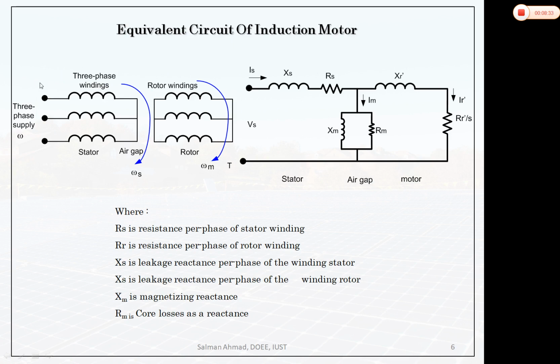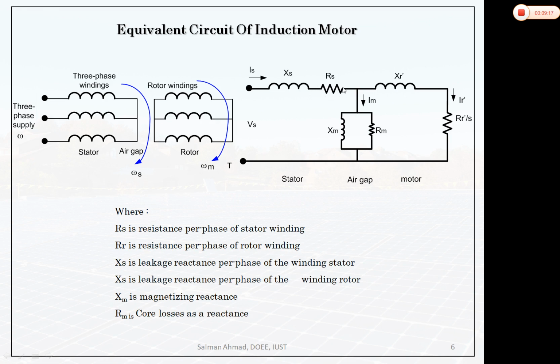Now from this circuit, we can draw an equivalent model of induction motor similar to that of a transformer. So here you can see that the three-phase circuit is drawn on the per phase basis. So equivalent circuit normally we draw on per phase basis. Supply voltage or stator voltage is Vs and stator current is Is. Stator leakage reactance is Xs, because whatever magnetic field is produced, some will not link with the rotor conductors. So some flux will be lost, and that we take into account in leakage reactance.